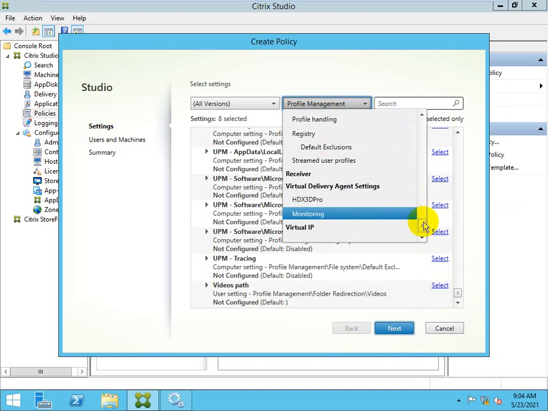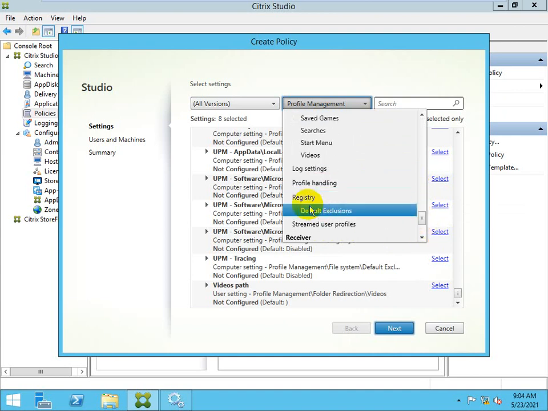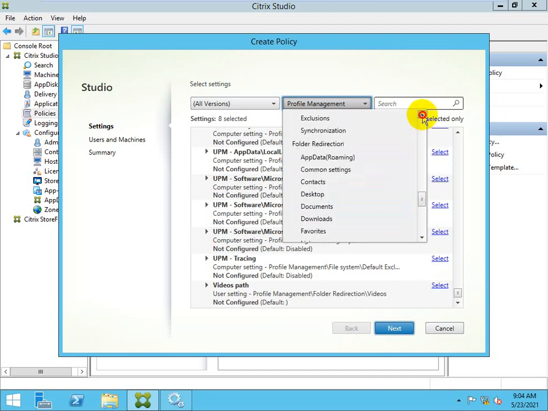So there's profile handling, registry, log setting, video, start menu, like folder redirection. Also, while we were creating profile policies, the folder redirection was there.